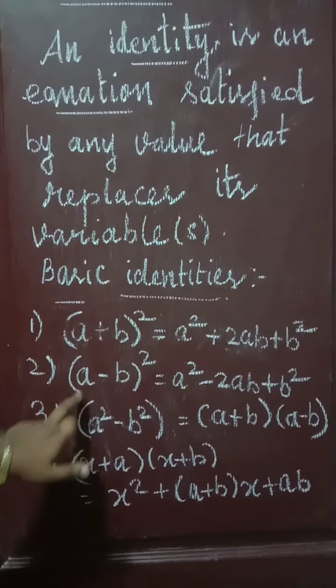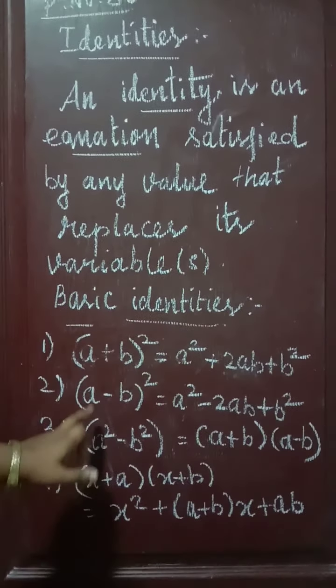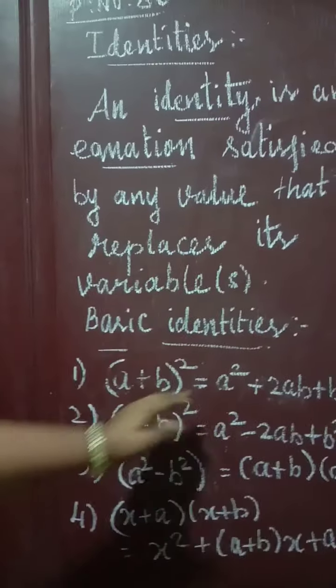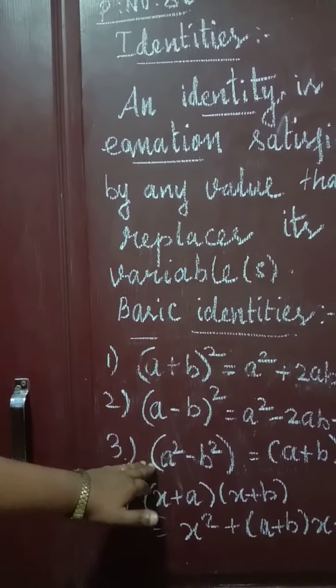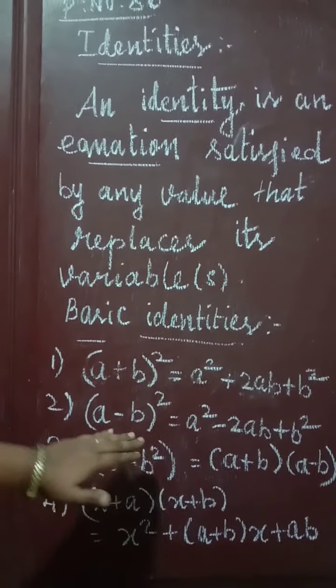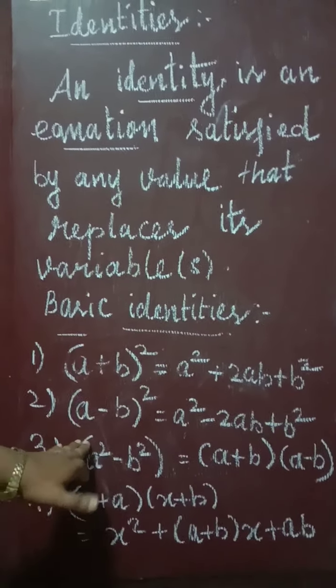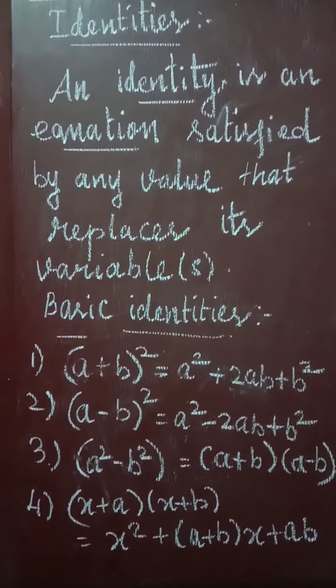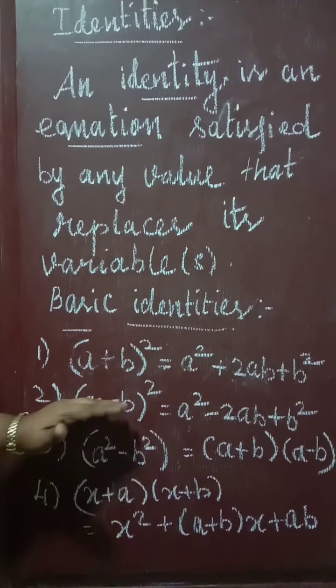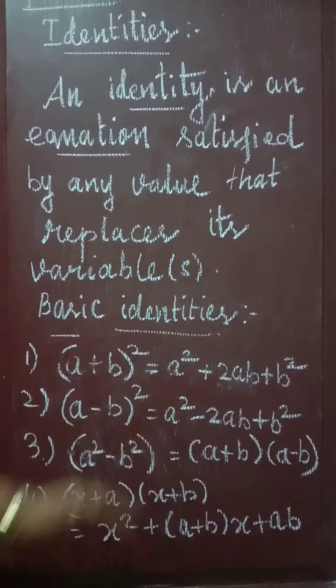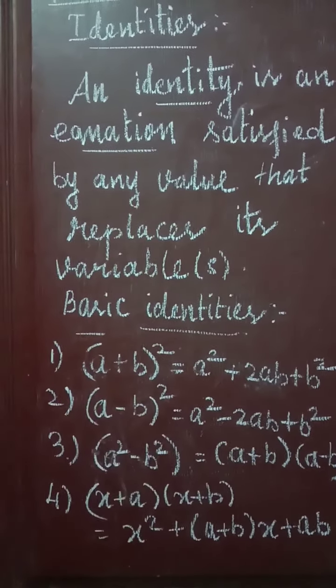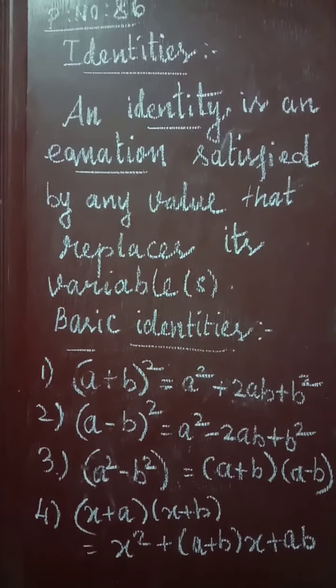Listen, what is the difference between these two? Here a minus b the whole square, here a square minus b square. Here subtract and then square, here square and then subtract. So carefully you have to study these two formulas. What is the difference between the two formulas? First find the difference and then study.